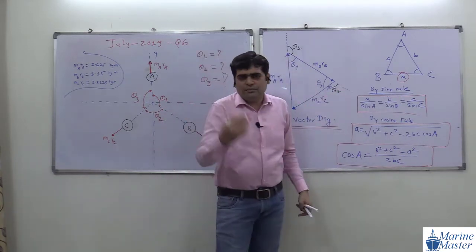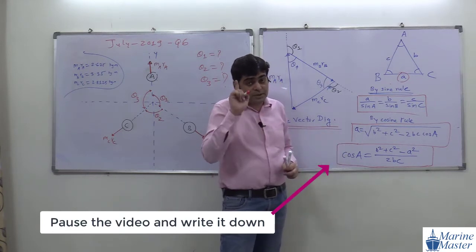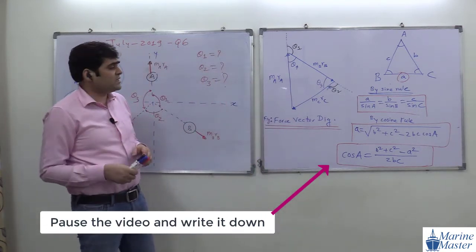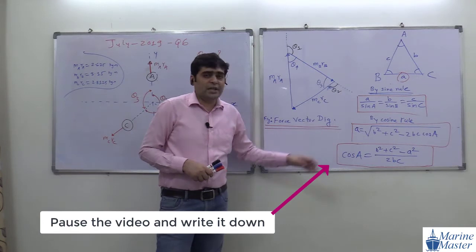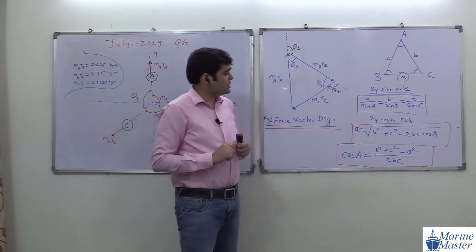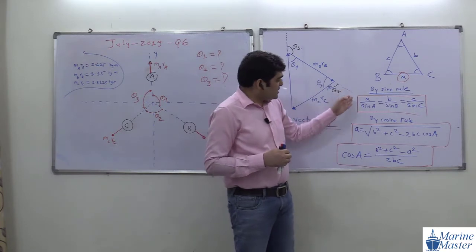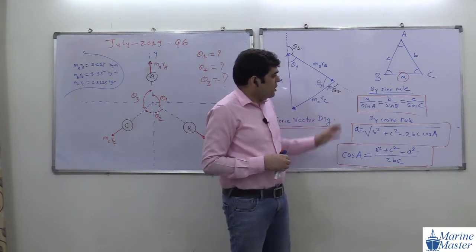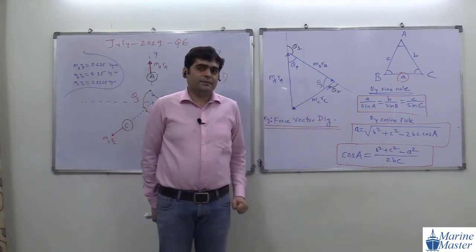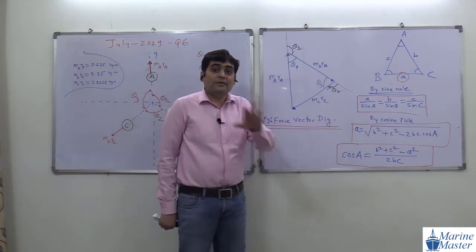The sine rule is easy to memorize, but the cosine rule is difficult. We will need this cosine rule many times, especially in relative velocity and in the next chapter, the friction chapter. So try to see the scenario, what the question wants to say. Out of these three formulas, which one can we use here? First, second, or third? Third one, we can use the third one.